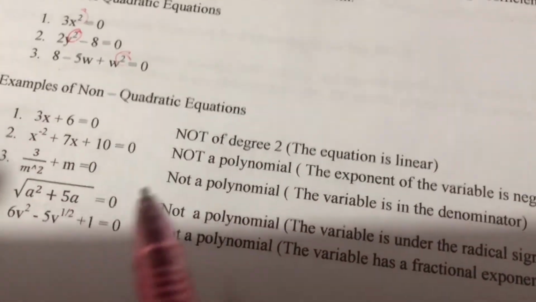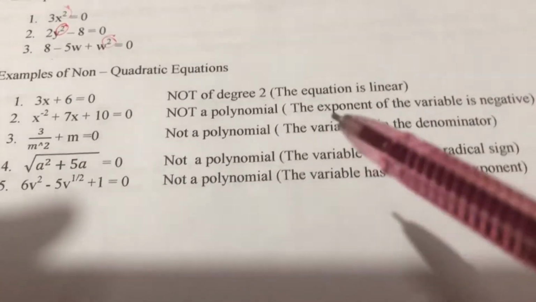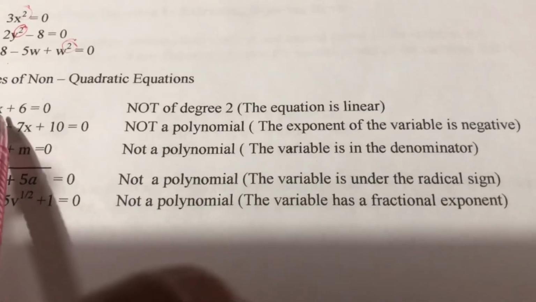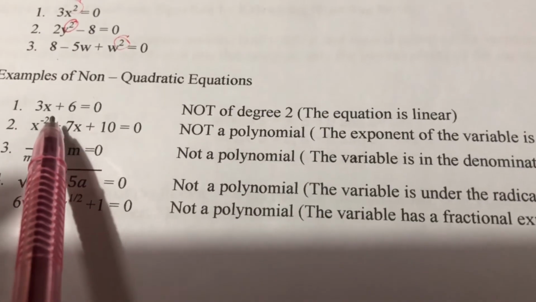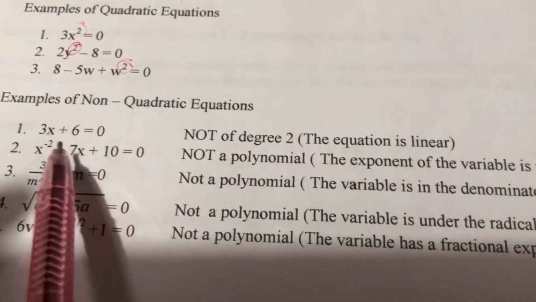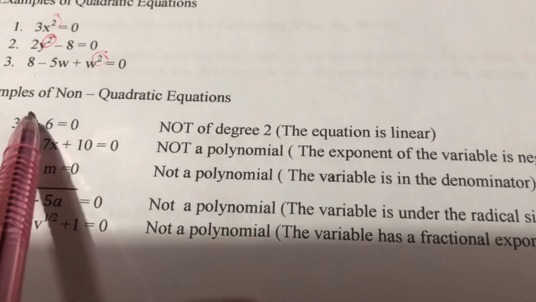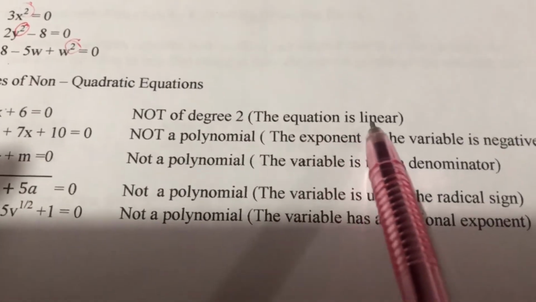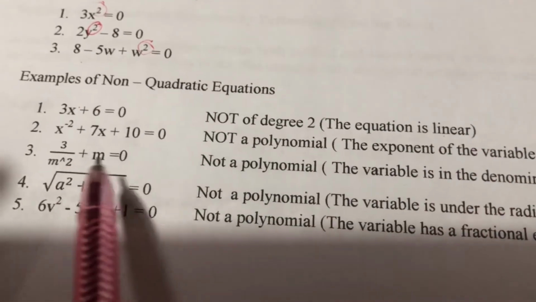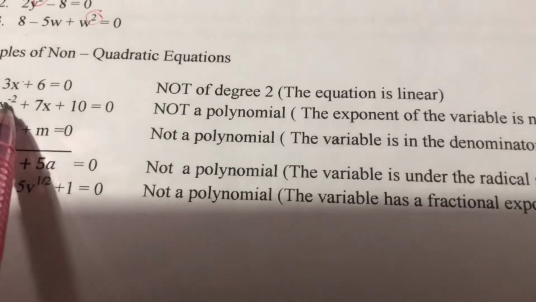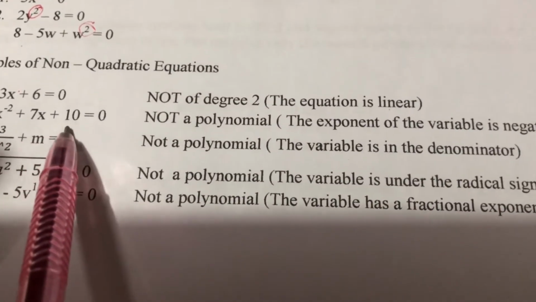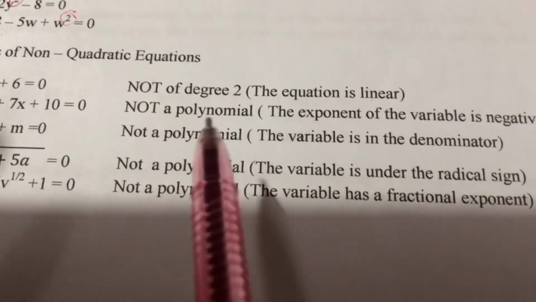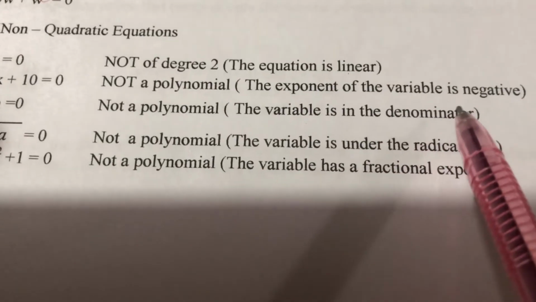So, let us determine naman why is it na naging non-quadratic equation itong mga to. For number 1, as you can see, wala kang exponent na 2. We only have 3x plus 6 is equal to 0, wherein ang pinakamataas na exponent mo dito is 1. And this is an example of a linear equation. Number 2, x raised to negative 2 plus 7x plus 10 equals 0. Again, this is not a polynomial. It's just because the exponent of the variable is